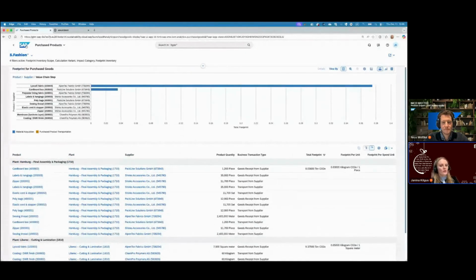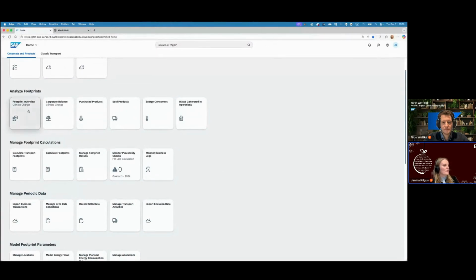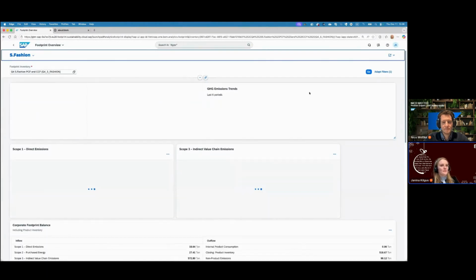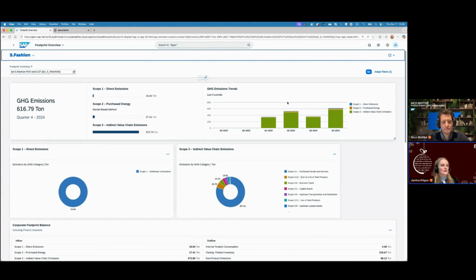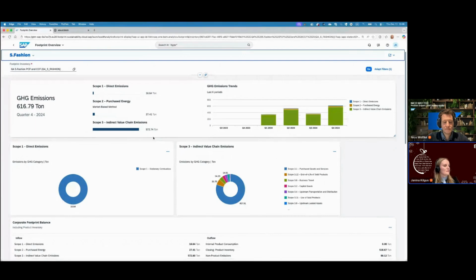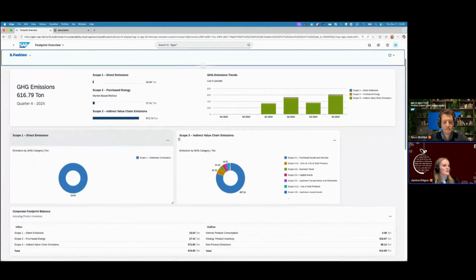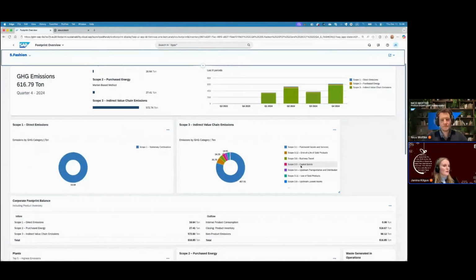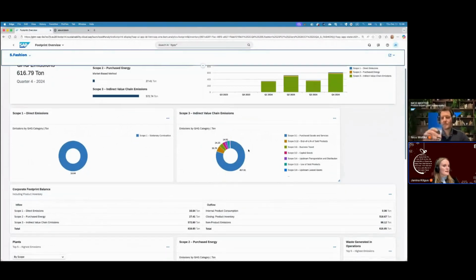On a broader view, you have the Footprint Overview app, where you can see also the periodicity. Here you can clearly see, okay, we have big variations over the quarters, which may be caused by production, that in some quarters you produce more than in other quarters. You see the overall distribution of the scope categories. You can also see a nice overview of your scope 3 emissions and how the distribution is here. And